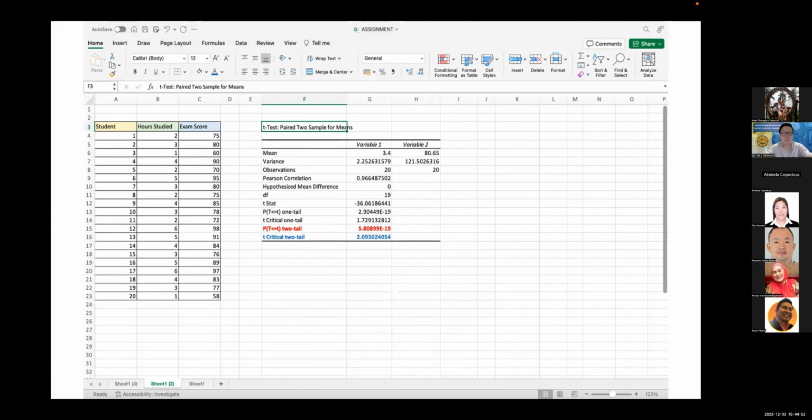Then Excel will automatically give us the critical value, which is the t-critical two-tail value, which is 2.09, and our p-value, which is 5.80899 exponential negative 19, or our p-value is